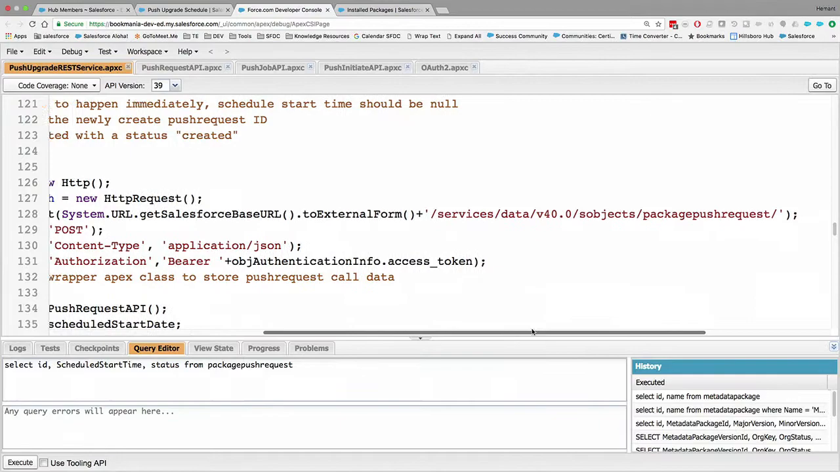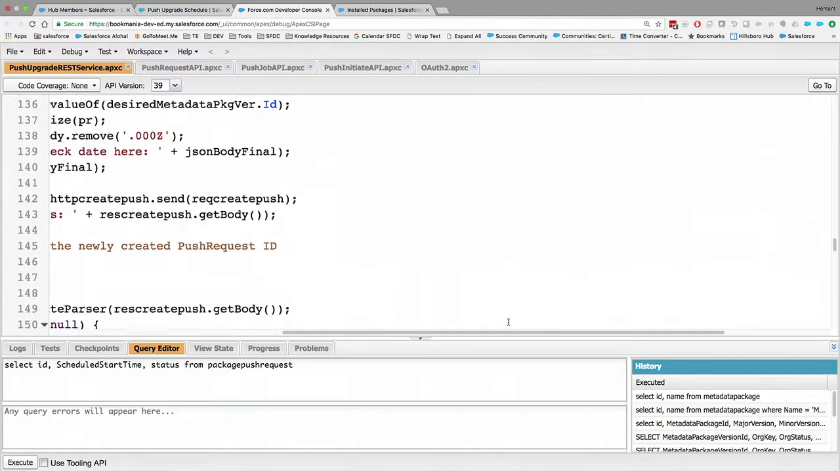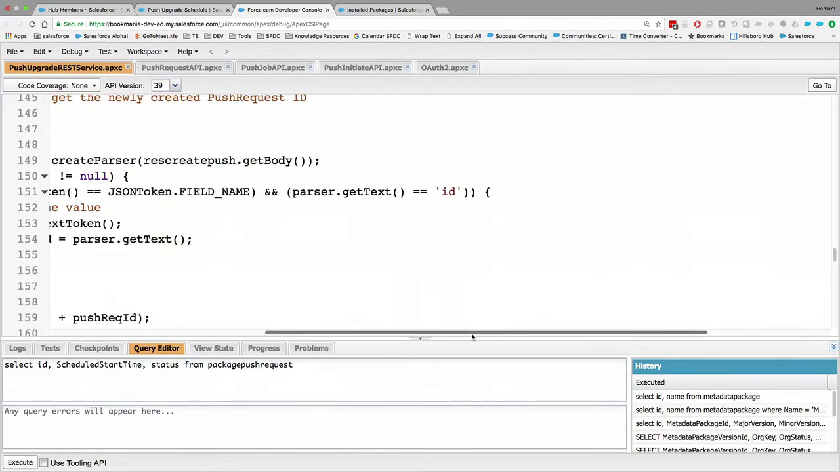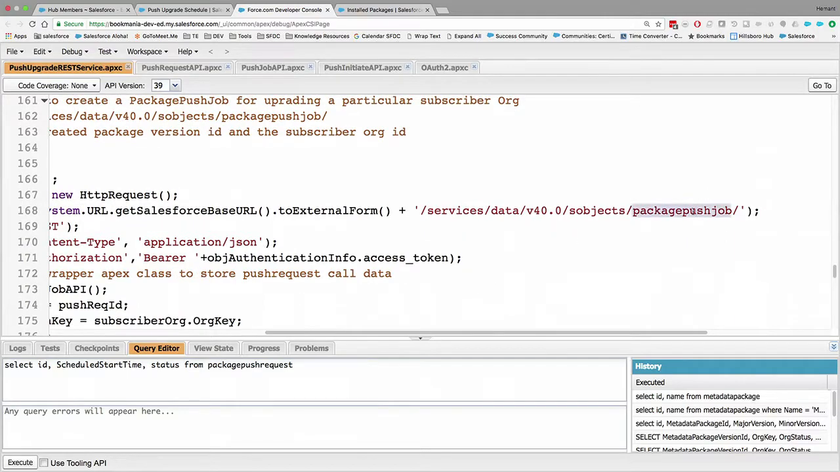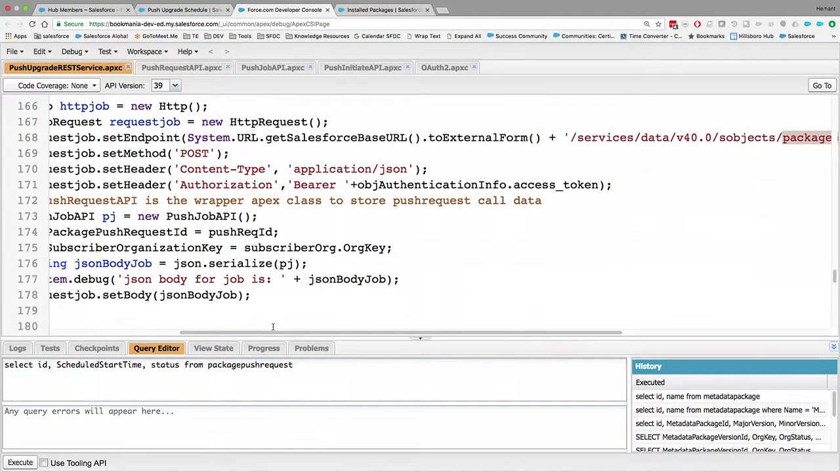So this time the call is at package push job. So I use the ID that was given to me and I give the org ID and I make the call to the package push job. And this will respond back saying, okay, it was successful. And once that is done,